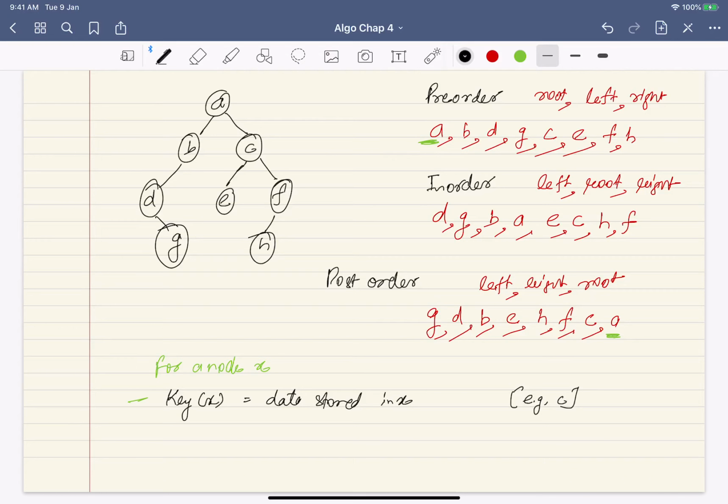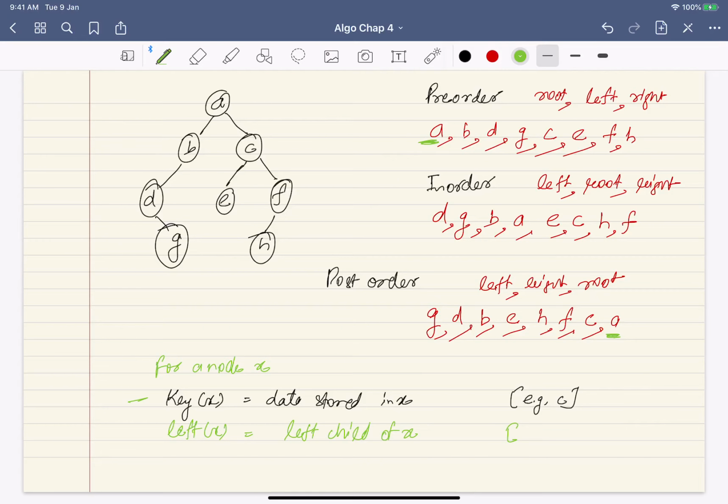See, to traverse this tree you need to know, okay, given a node, what is the left, what is the pointer. So actually in terms of program you need a pointer, but we need information about the left child, we need information about the right child, and to go up you need information about the parent. Okay, so I need what is the left of x, that is the left child of x.